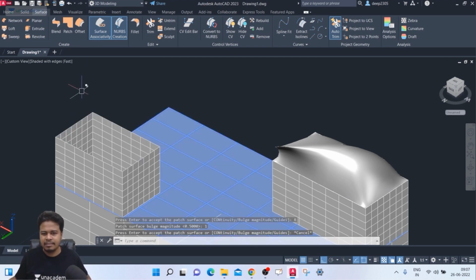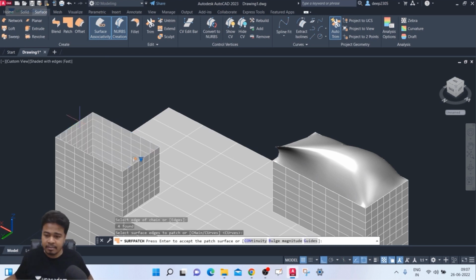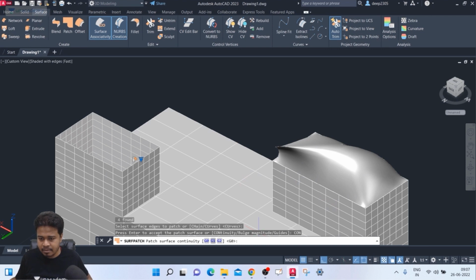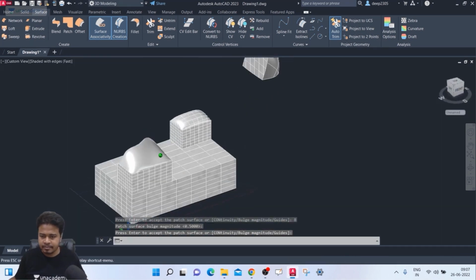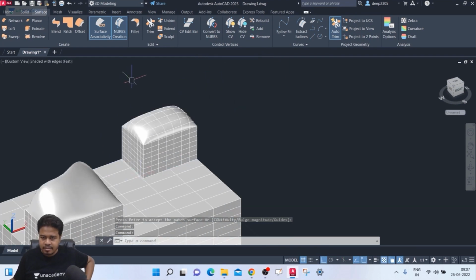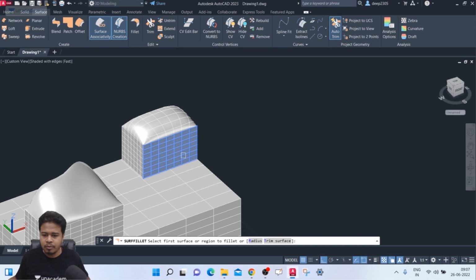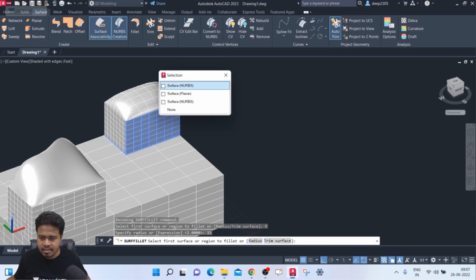Go to chain. By mistake, I pressed the escape command. Okay, so this is done. The patch is created. Okay, now after this, we have the option fillet. Go to fillet, go to radius, set the radius as 15, select this surface, first surface, this one, and then